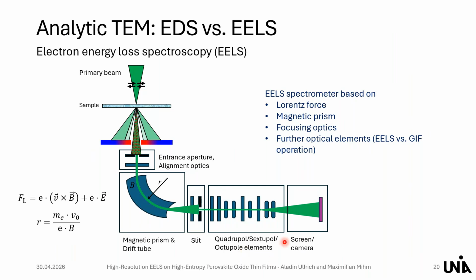Depending on the settings and on the equipment you have, you can operate it in the pure spectrometer mode, so that you just get a spectrum. And if you're lucky and you have some imaging filters, so some more optics, then you can also filter a full TEM image and project it on your camera. But this is not what we have here and what we used. We used just a pure spectrometer.